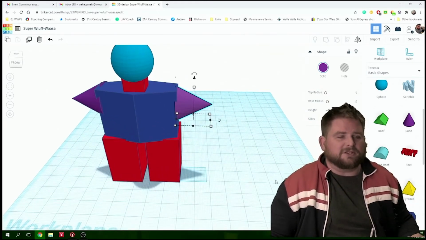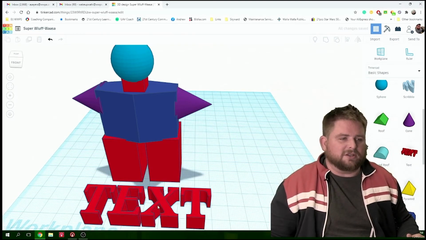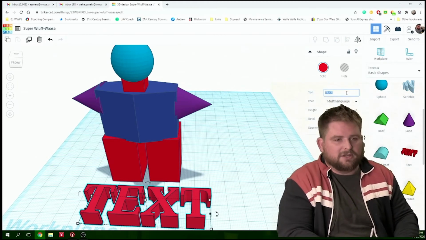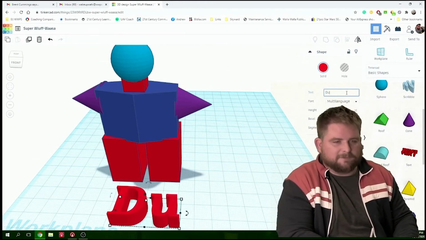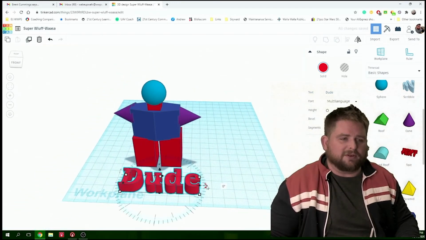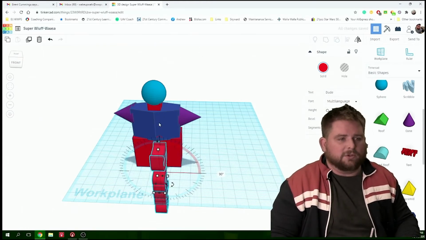But anyway, so let's say you wanna add text. You can drag text into here. You can actually change what the text says in the text box. I can say, dude, and there's the dude, and you can actually change the rotation of that, right? So if I want to change the rotation, I can go here and I can type 90, or and then